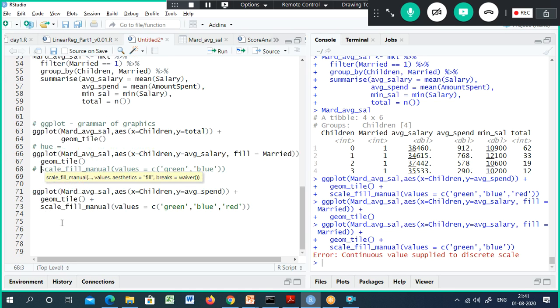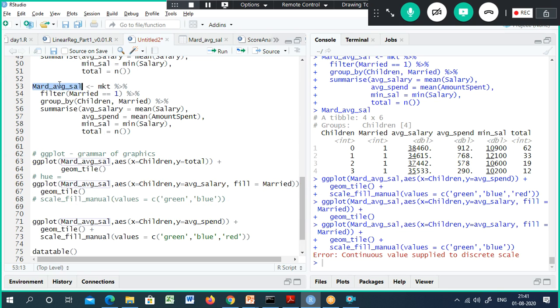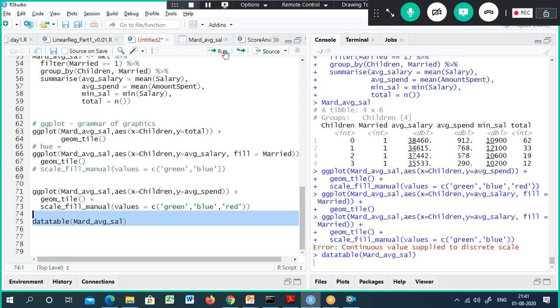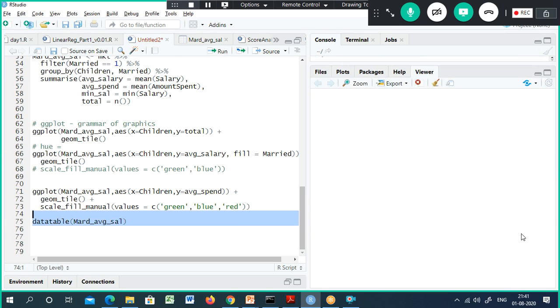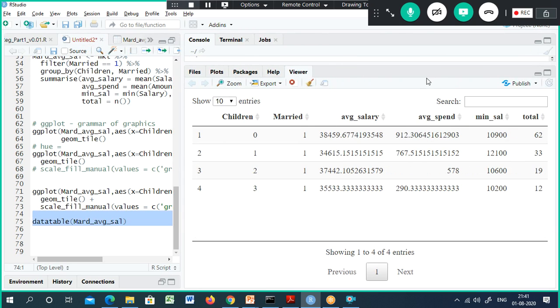So now we have something called data table. I just copy paste this here. Instead of viewing the console like this, you can have something like this, a viewer. That is the purpose they have something called viewer in RStudio.